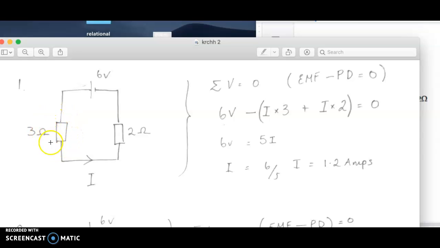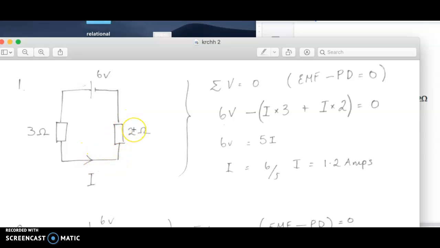Well, we know that V equals IR. The current is moving in the same direction as we are. It's moving in the conventional current direction. So therefore, IR is positive through this resistor. The value of the voltage would therefore be I times 3. If we go round to this resistor, similarly, the voltage or potential difference across this resistor would be current I